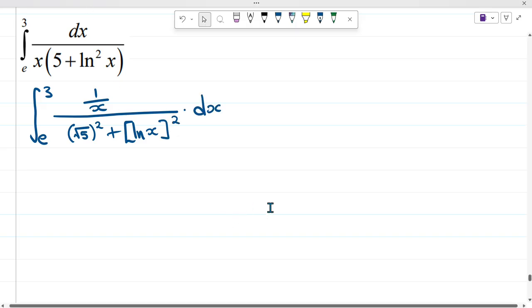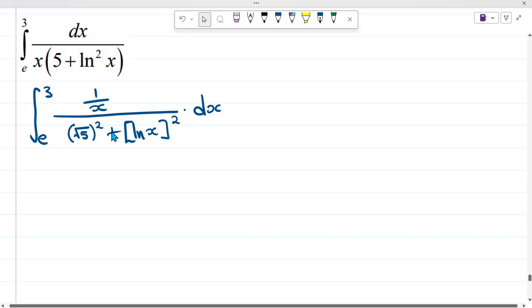Now I've successfully rewritten everything in this format. I took out the x, so it became 1 over x up there, and then I rewrote 5 as the square root of 5 squared, and rewrote ln of x squared in this format, so that we can all see that